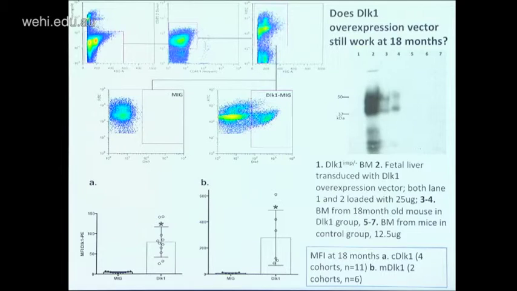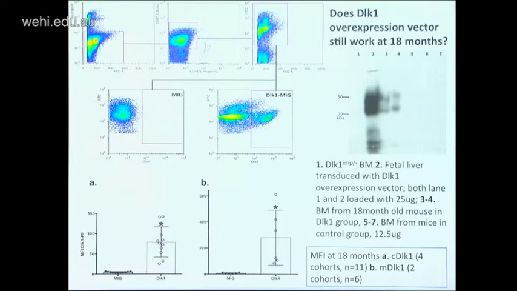In the MIG arm, there's no Dlk1 expression as detected by the Dlk1 antibody, the murine antibody. And in the Dlk1 MIG arm, there's clearly a population that expresses Dlk1. That's just the same data. A is for the cDlk1 group, and B is the mDlk1 group. And again, versus the MIG control group, there's a significantly higher level of Dlk1 expression in the overexpression vector